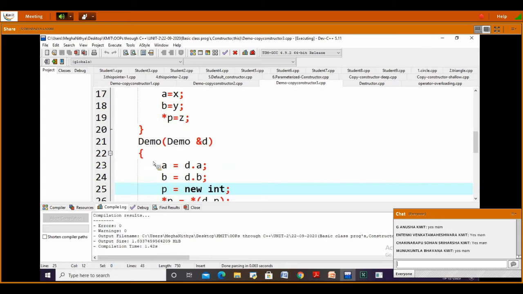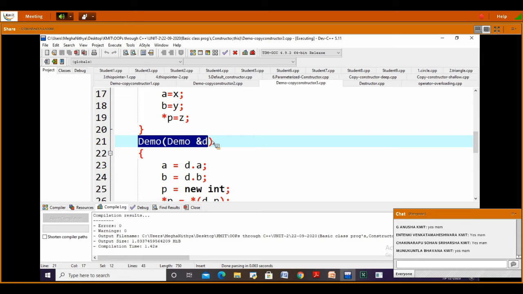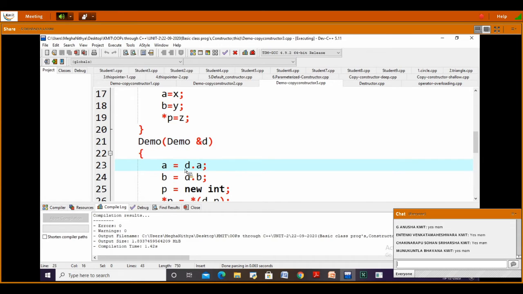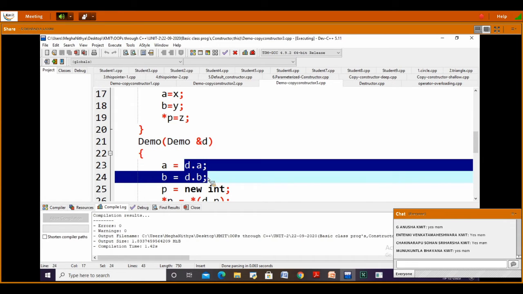Then we are passing one more definition for a copy constructor, which takes an object of the same class itself, that is a reference of the same class we are passing as an object. On this reference we are going to call the members of A. D.a we are assigning to A, and D.b we are assigning to B.